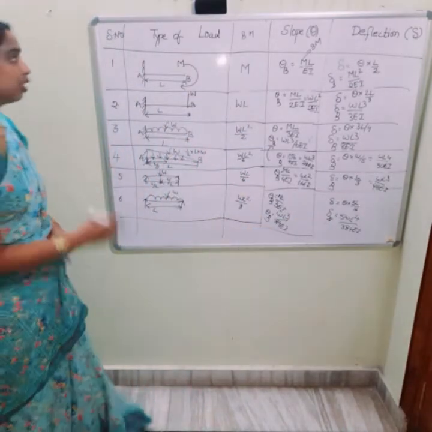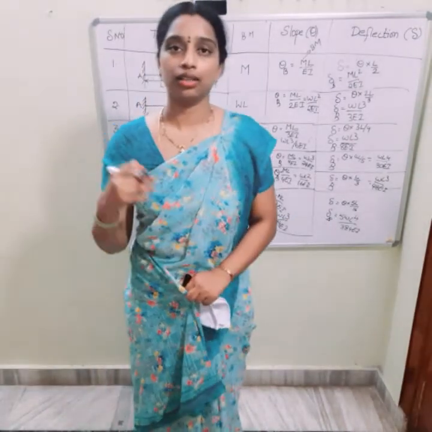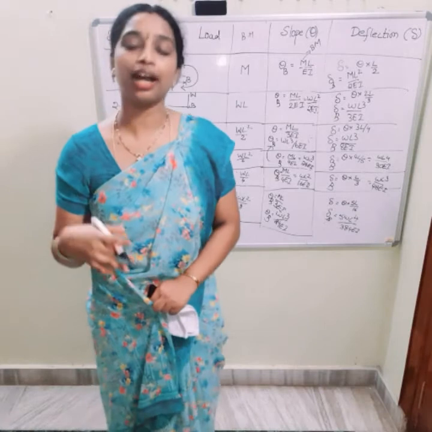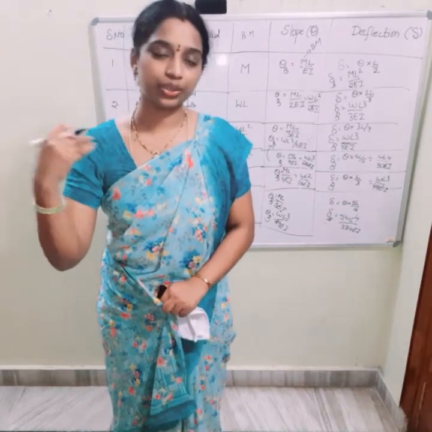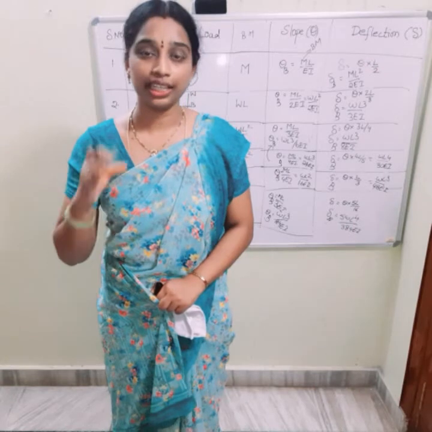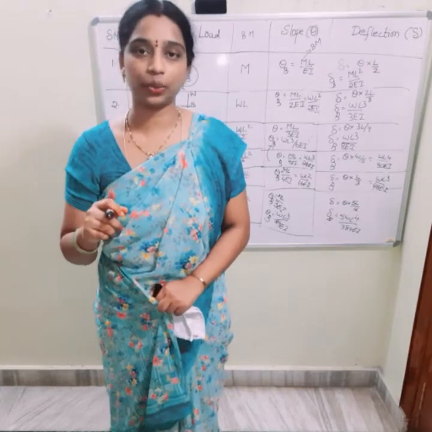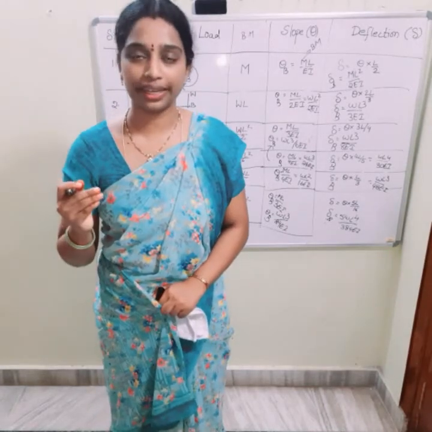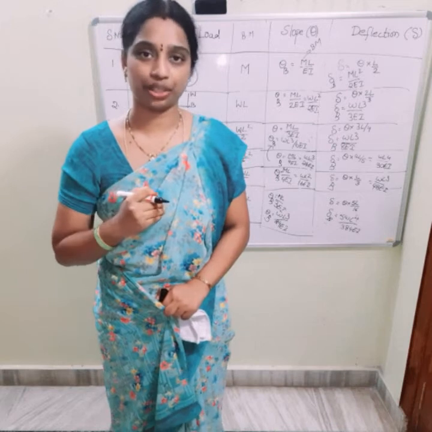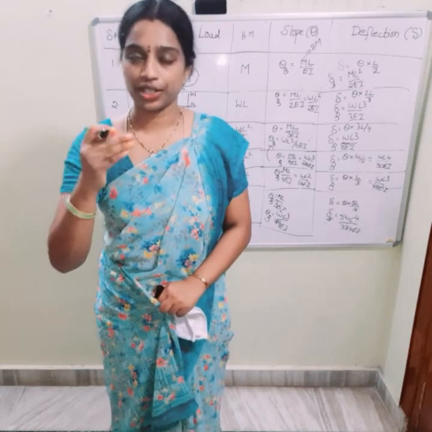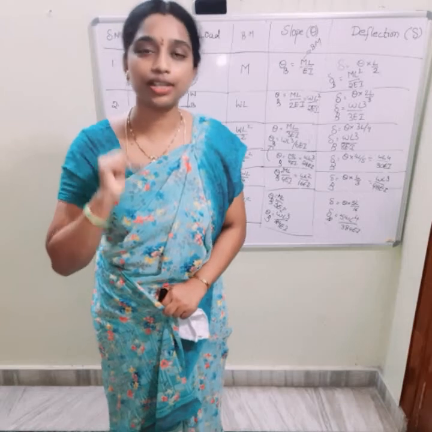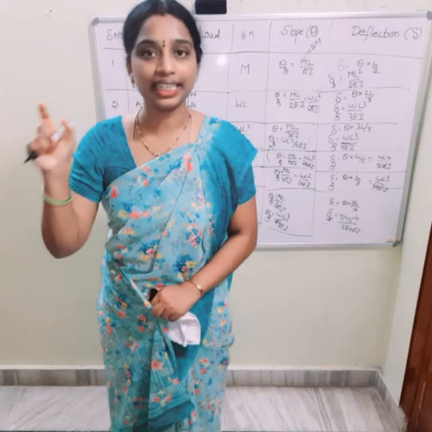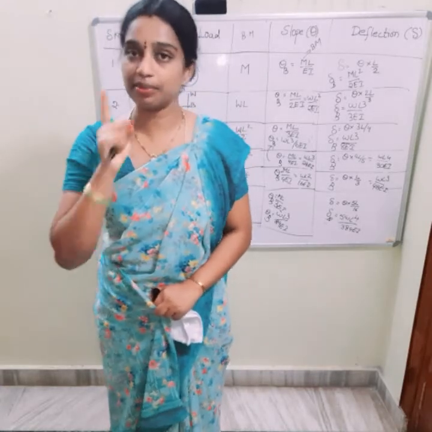Right? So here I have already discussed, according to essay type of questions, if they ask to calculate the deflection and the prop reaction, no need to calculate using the 3 steps and waste time. Depending upon the weightage of marks, you can calculate. If it is an essay type of question, in previous videos I have clearly explained the 3 steps and calculated the deflection. But if they ask for a short answer type of question, what is the first step before, in essay type of questions? What is the first step? Remove the prop and consider load and calculate deflection. This is my first step, right?